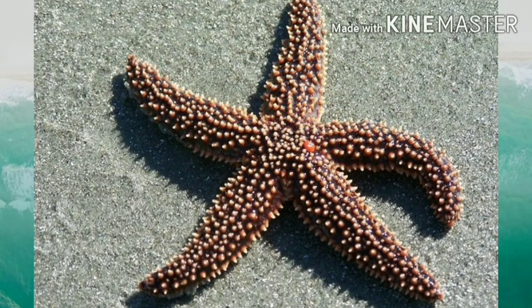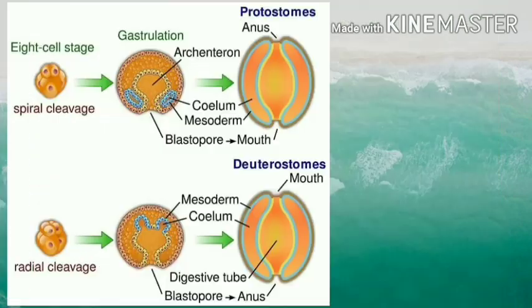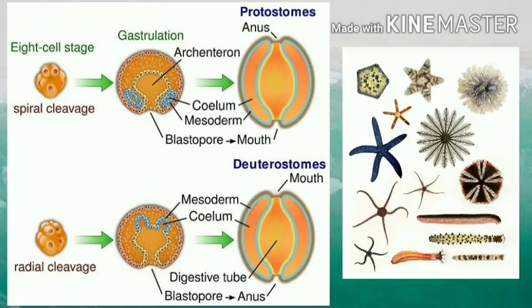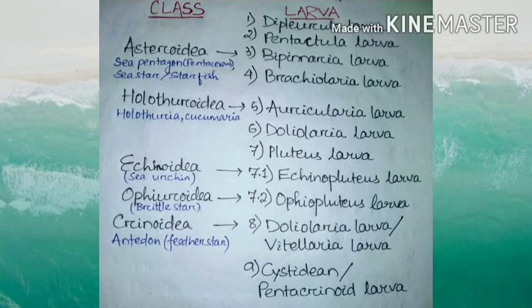With that, they also show the deuterostomous development fashion, where it is clearly seen that in protostomes, means in lower invertebrates, the mouth is developed from the blastopore, whereas in higher invertebrates, the anus is first developed from the blastopore instead of the mouth. Okay, then in most cases, the characteristic free swimming larvae develop externally, which are of phylogenetic significance. So let's get started with larval forms in Echinodermata one by one.